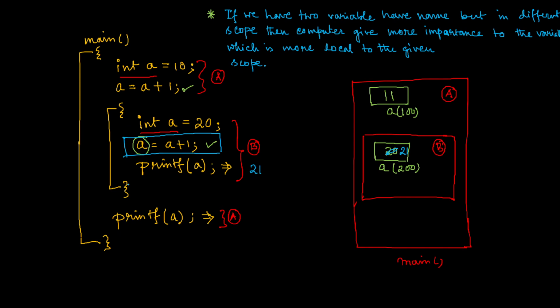Now when I come out from this scope, this printf is under this A, right? So in this A's scope, the inner variable A does not have any existence. The outer scope does not know about the existence of another variable having the same name in the inner scope. So when you print this A, you will get 11, because it doesn't have any idea.